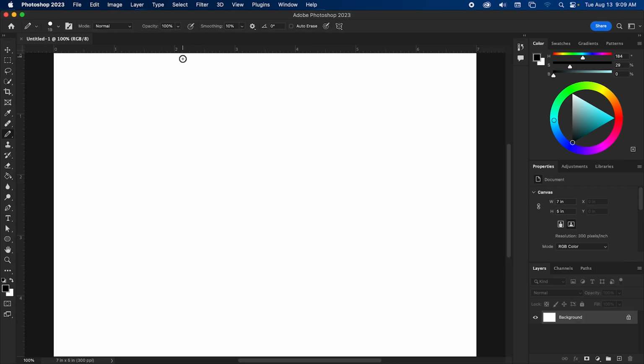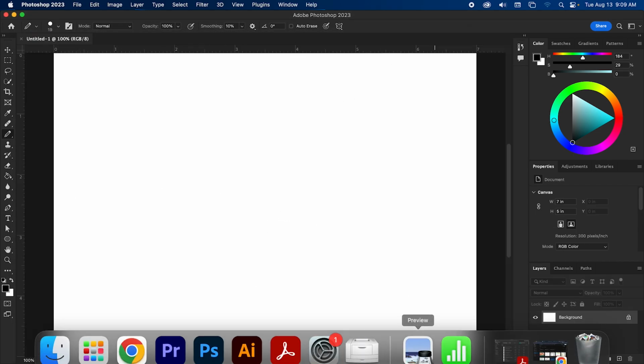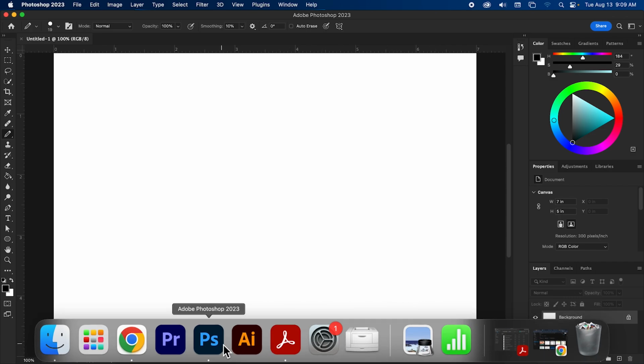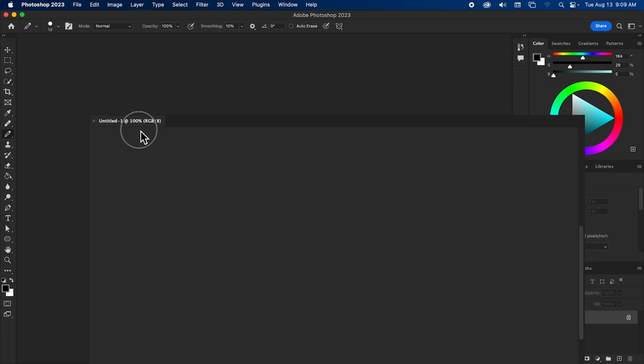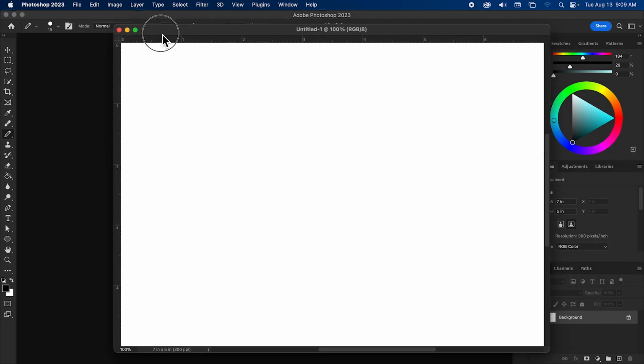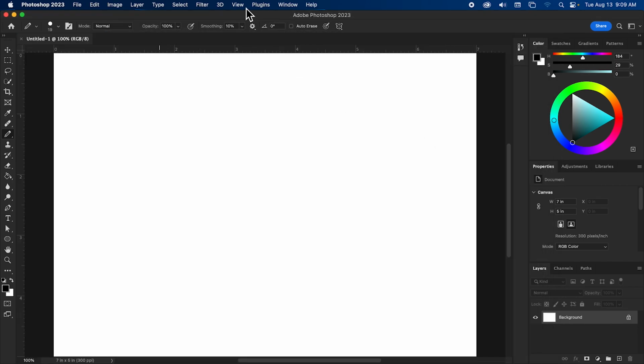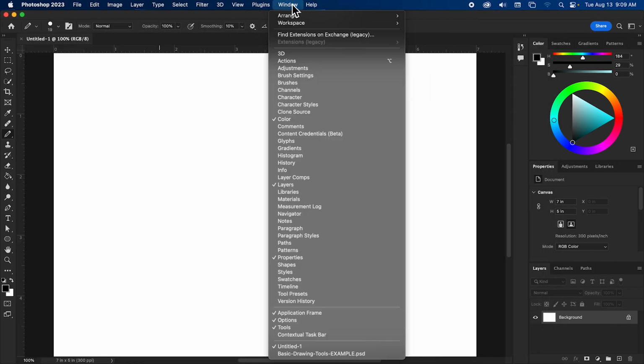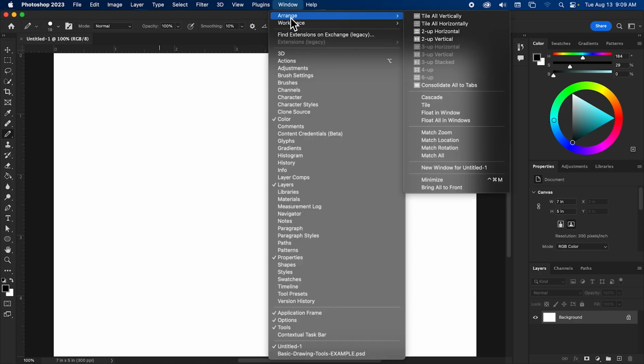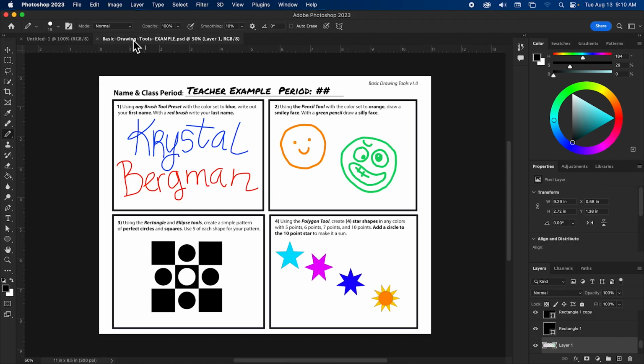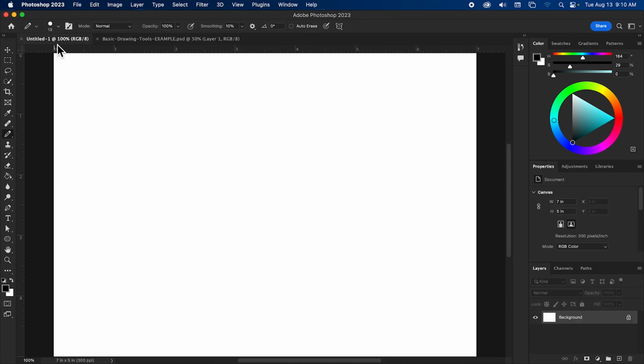I would recommend just leaving everything in tabs, because otherwise, where'd my other window go? Now I have to find it. It's somewhere confusing. If you do lose a window and you're pretty sure you didn't close it, go to Window, Arrange, and Consolidate All to Tabs, and that will put all of these back into tabs for you.